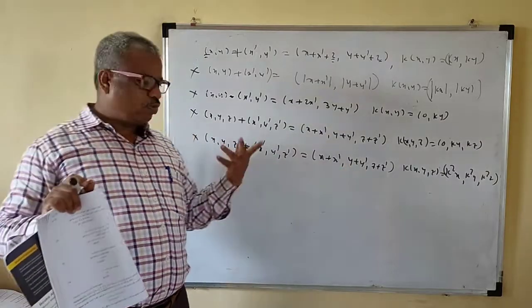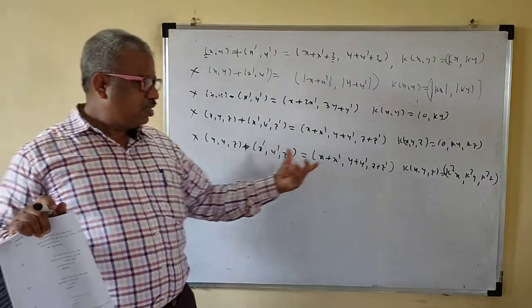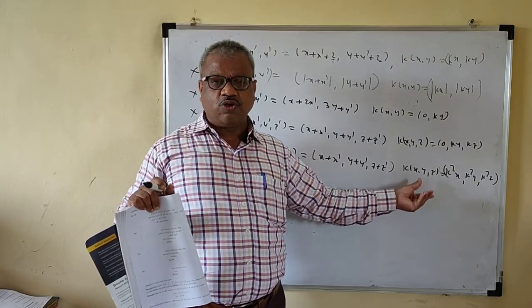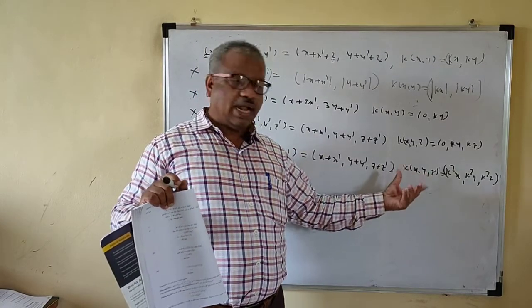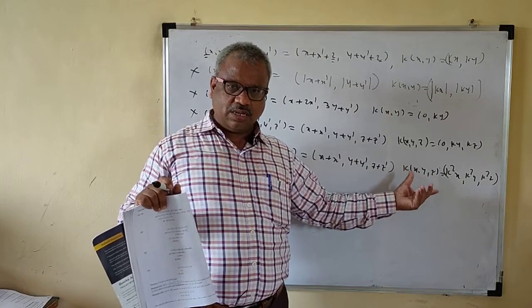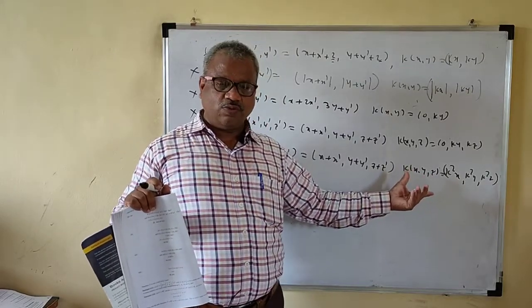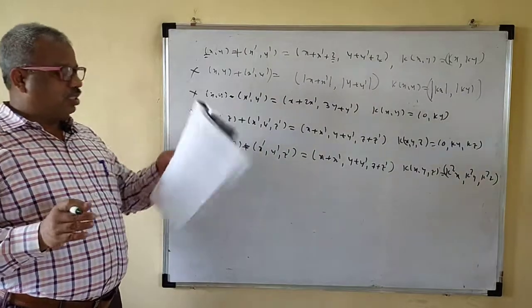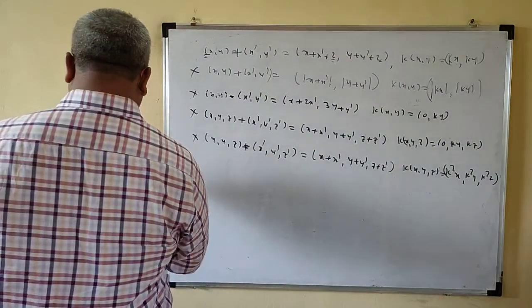Addition is the usual, so no problem for addition in the first 6 axioms. So only the last ones: k into (u bar + v bar) = k u bar + k v bar, and (k + l)u bar = k u bar + l u bar. These axioms do not hold here also. So all these are not vector spaces. Okay.